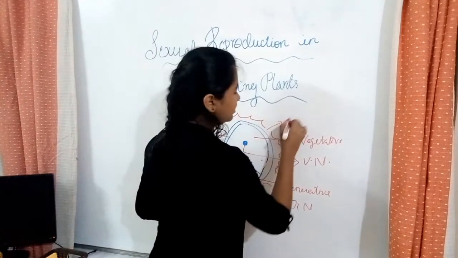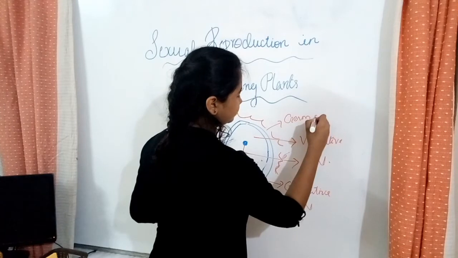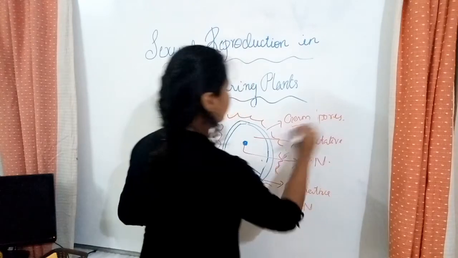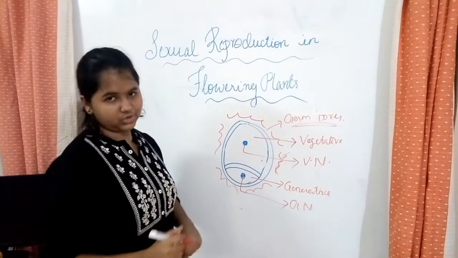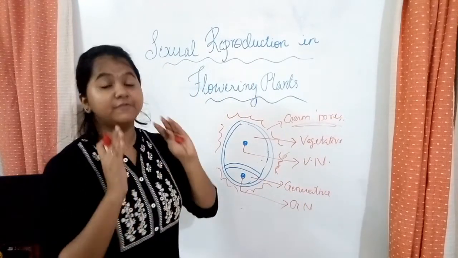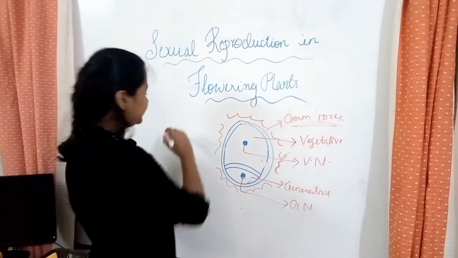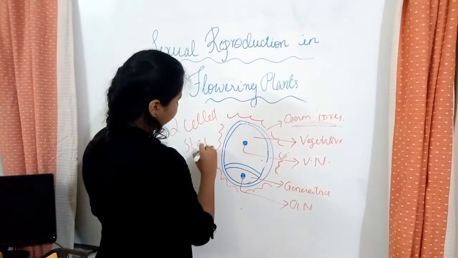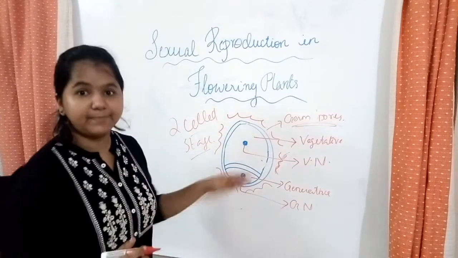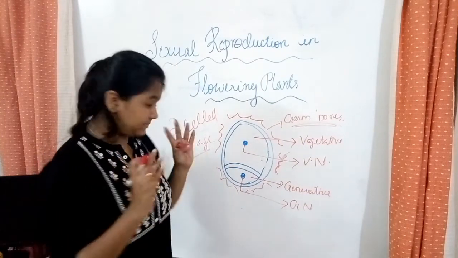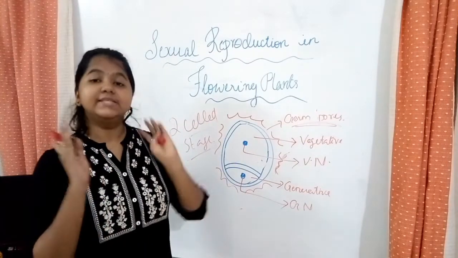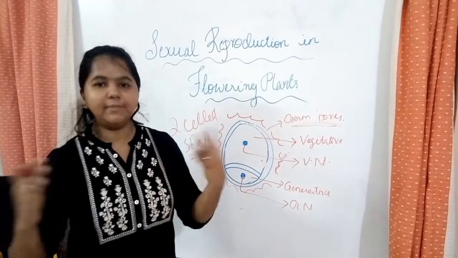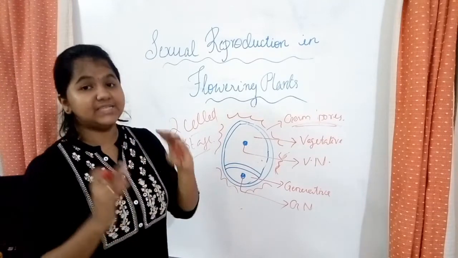You can see there are small gaps in the exine. These are known as germ pores. So this is the structure, and the formation of gametes has not yet taken place. This is called the two-cell stage. Now you can see there are two cells in the pollen grain itself. Usually 60% of plants release their pollen in this stage. The rest release in the next stage, where the gametes are already found.